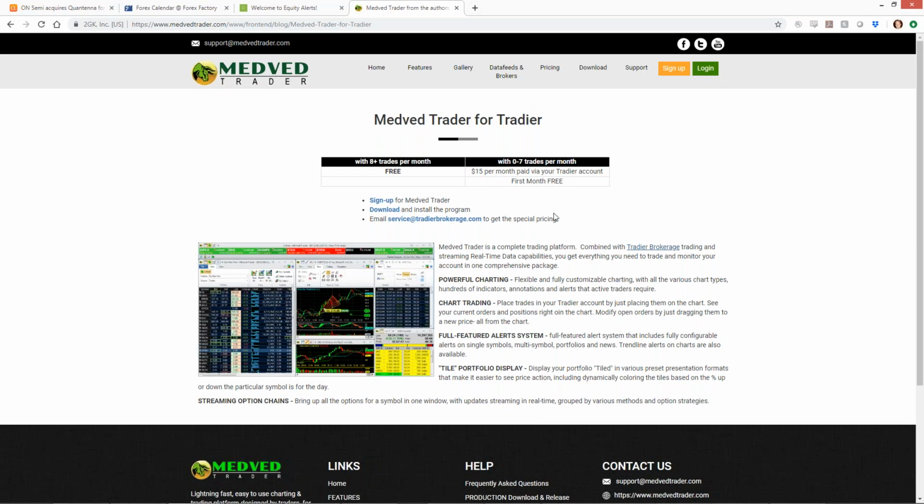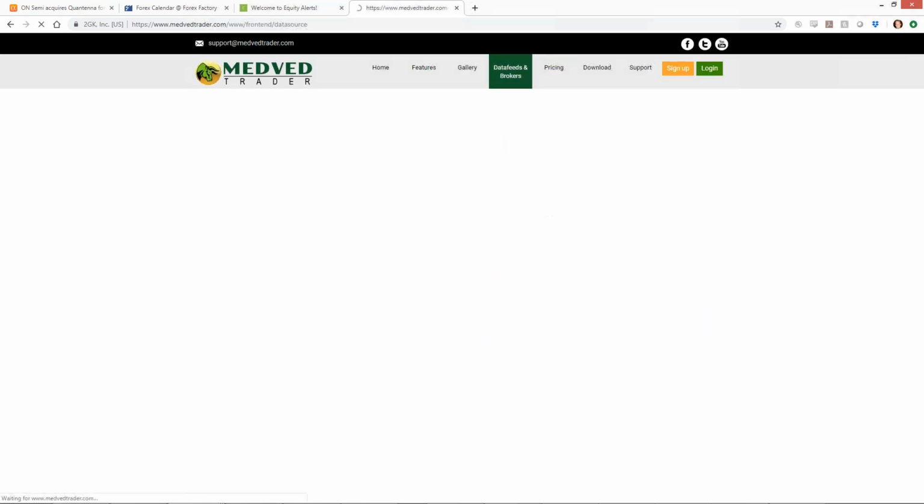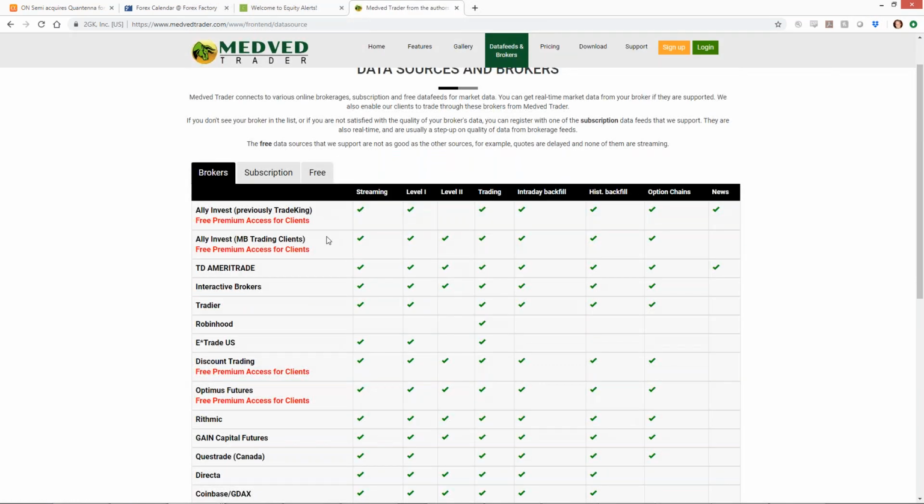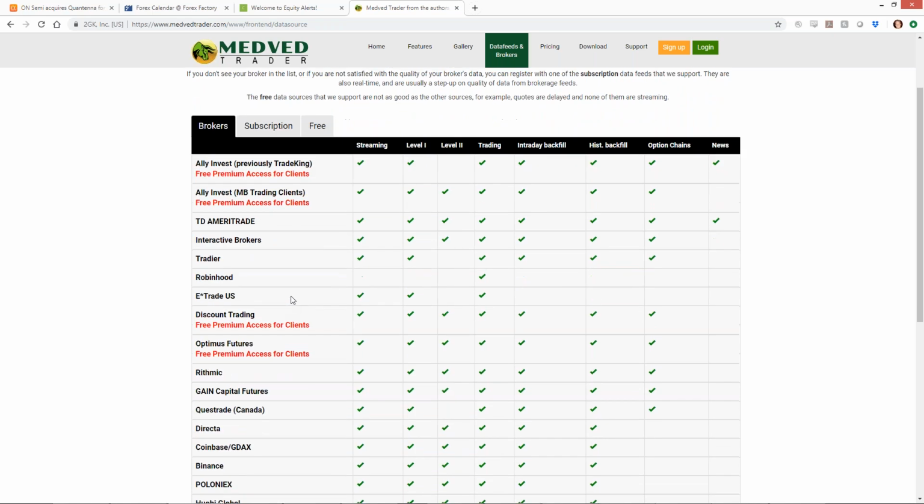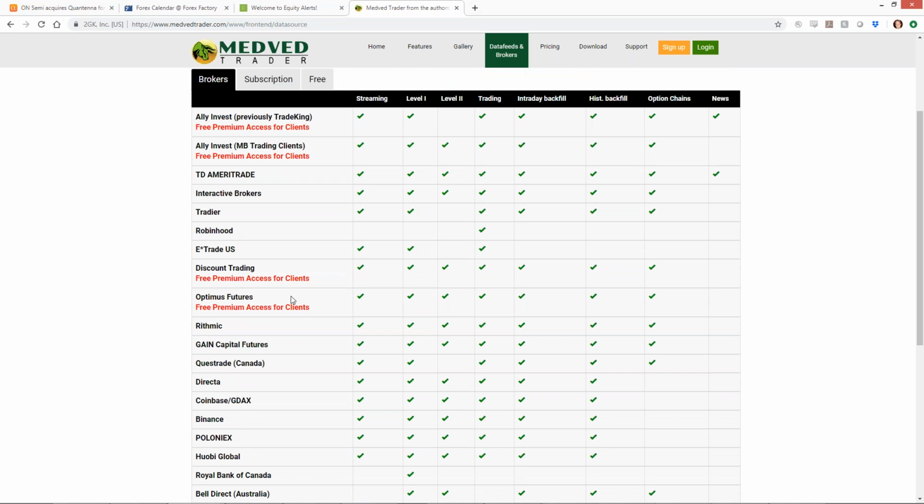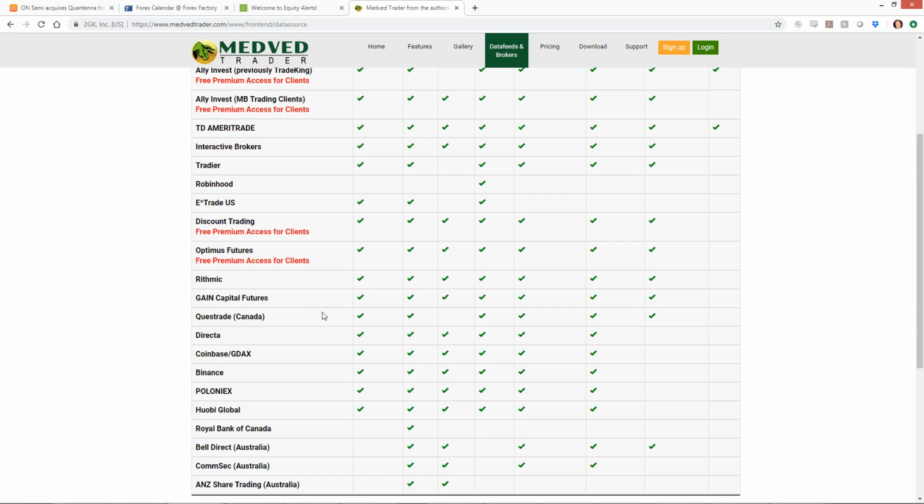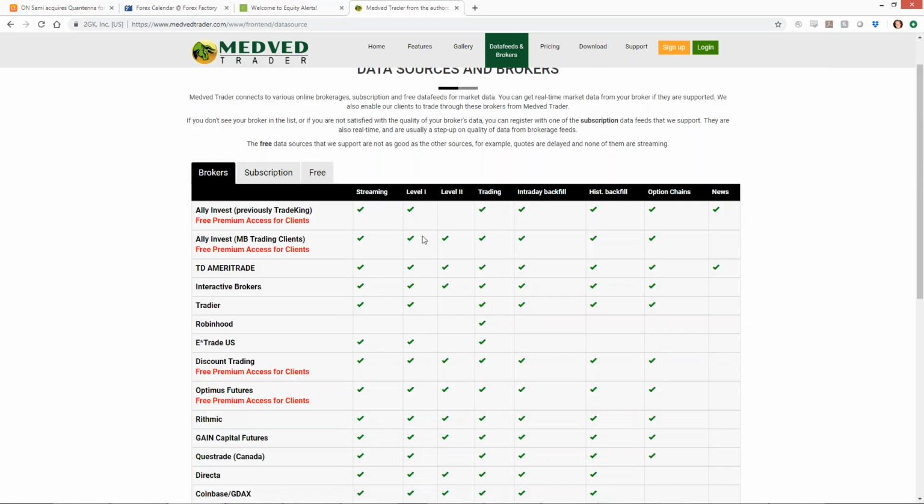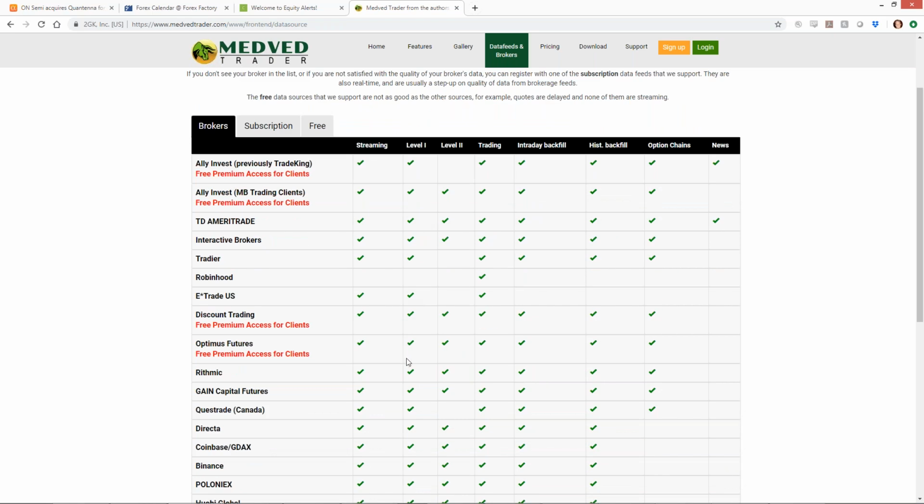And then again, depending on who your broker is, if you're using one of the integrated brokers, Ally Invest, TD Ameritrade, Interactive Brokers, Tradier, E-Trade, looks like Discount Trading, I don't know who they are, Optimus Futures, Rhythmic, Quest Trade, if you have an account with one of those, they will provide you the streaming data that powers